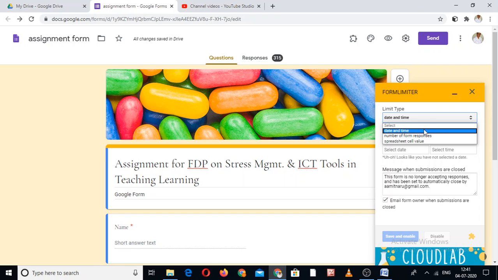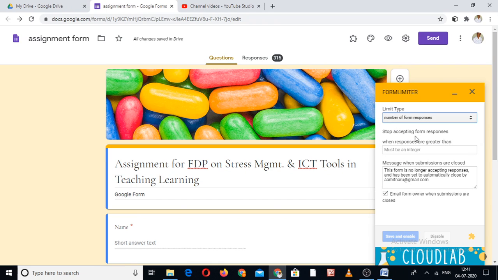The second one, you go to number of form responses. So it's basically the number of responses. Suppose I want the limit to be 1000. Suppose one of my submissions is based on first come, first served, and I will accept the submissions of the first 1000 people. So I set a limit here, 1000.